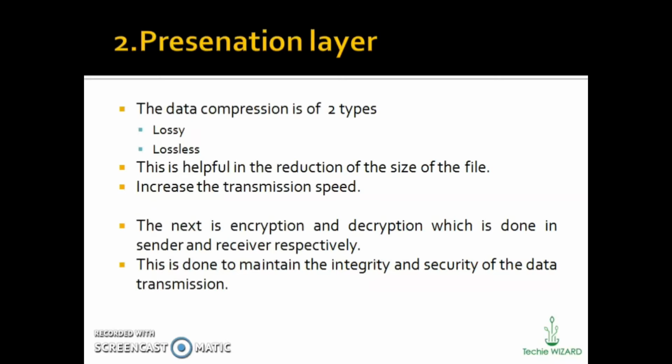This is helpful in reducing the size of the file and increasing the transmission speed. These two can be considered as the advantages of data compression in the presentation layer. The next is encryption and decryption, which is done at the sender and receiver respectively. This is done to maintain the integrity and security of the data transmission.